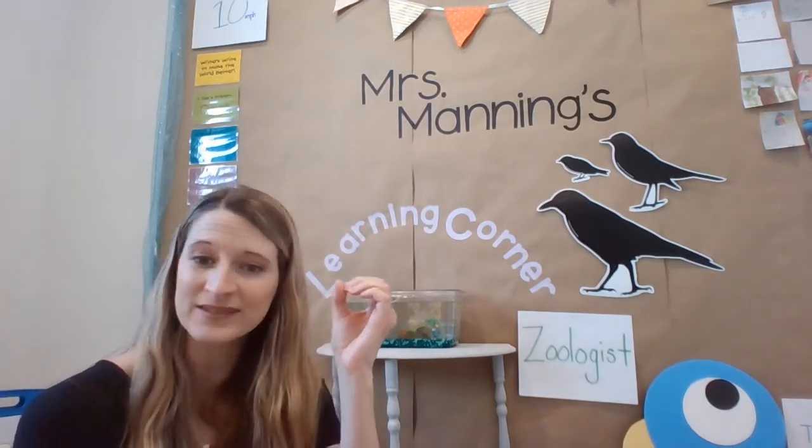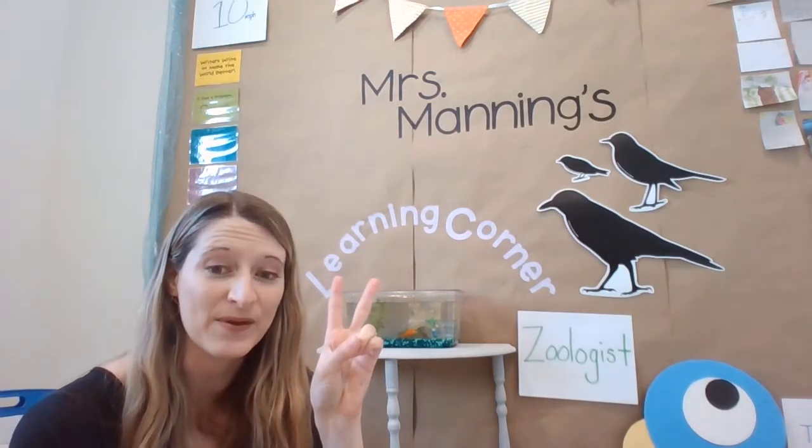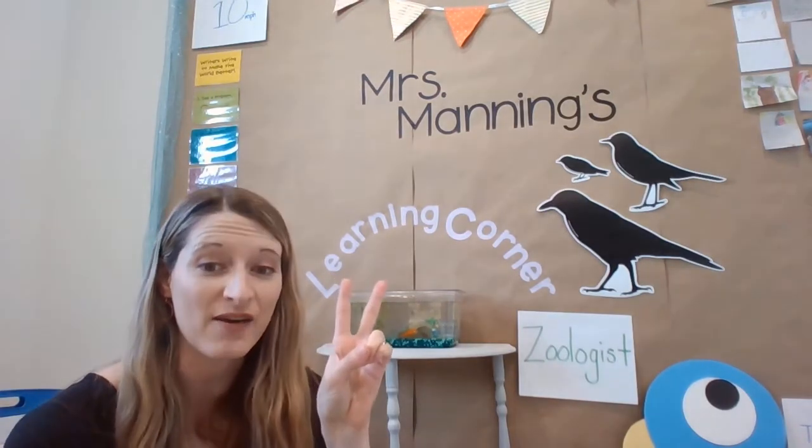The first clue is this animal doesn't have any arms or legs. Are you thinking of some animals that don't have any arms or legs? I know I can think of a few. Let's hear the second clue. The second clue is this animal moves very